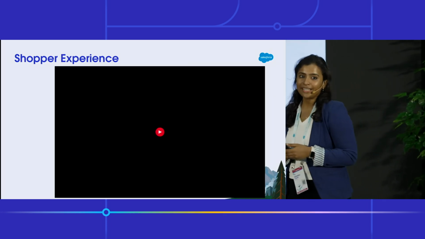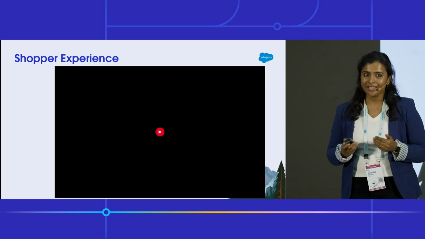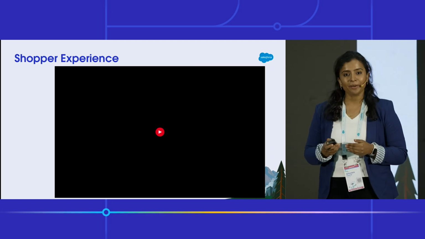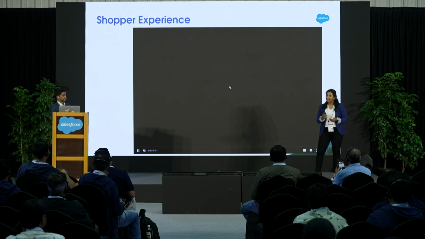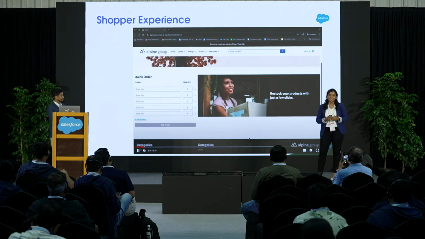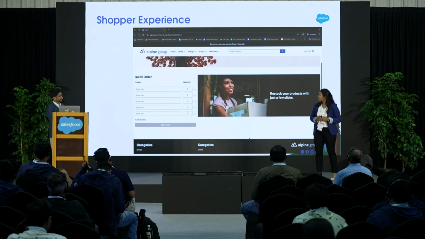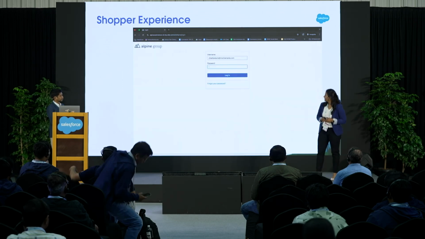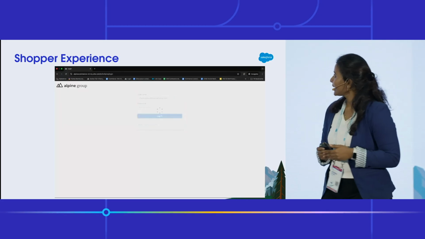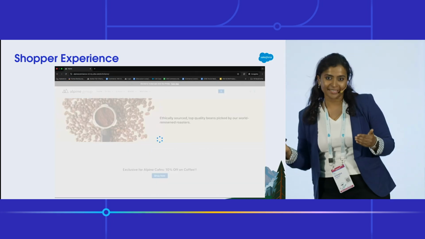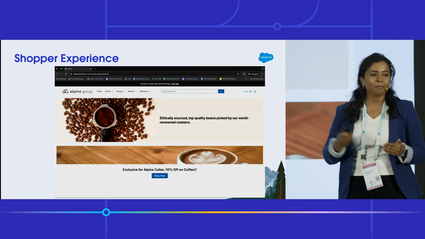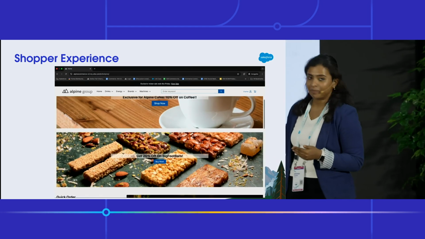Now let's see what happens when Charles, one of our shoppers from the business account, which is Mocha Mania, logs into the platform, and the kind of personalized experiences that he's able to see. While Charles logs in, note that this is a business account, so you can have multiple shoppers that are part of this business account, Charles being the buyer manager of Mocha Mania being one of them.